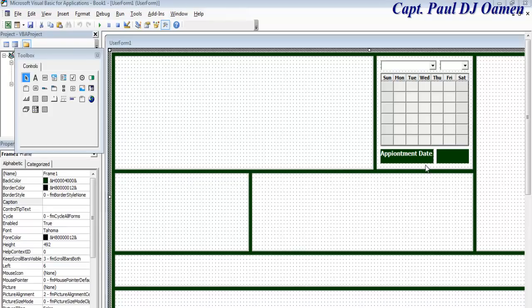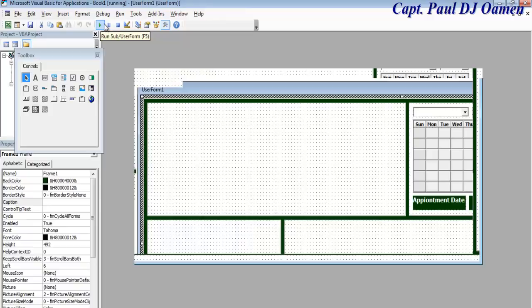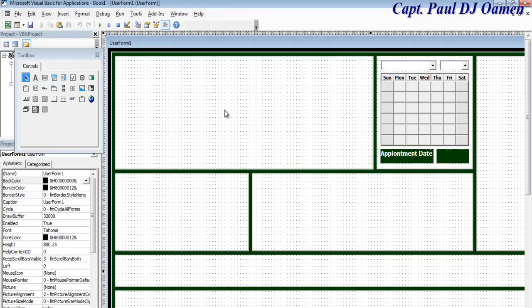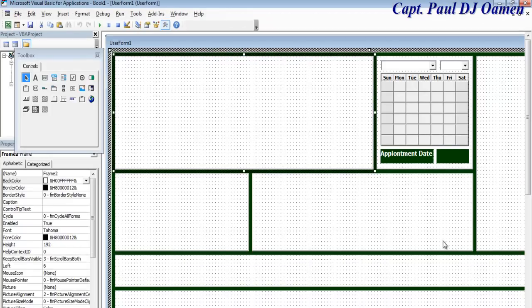Okay, this is how it looks now. Let me run it and you guys will see it. Right, and here is supposed to be the appointment date. So there's nothing happening here. Okay, let's fix up the rest of the frames. Now here, I intend to use that for my patients. Okay, so let's come in here,